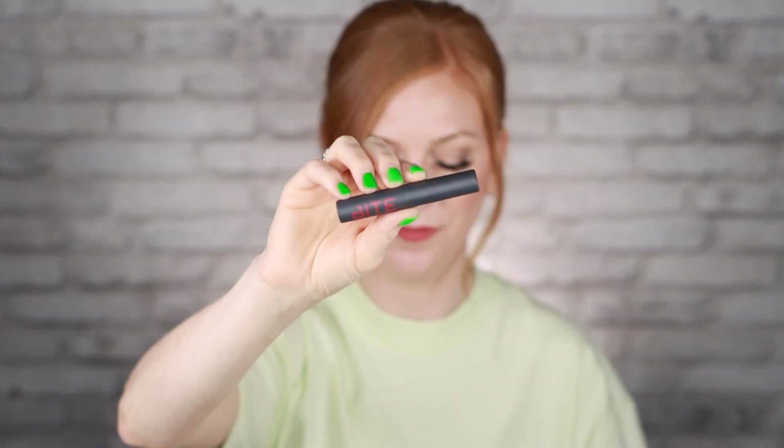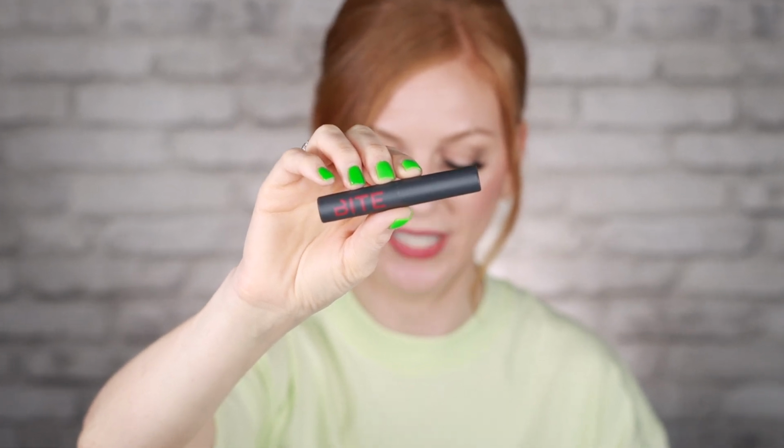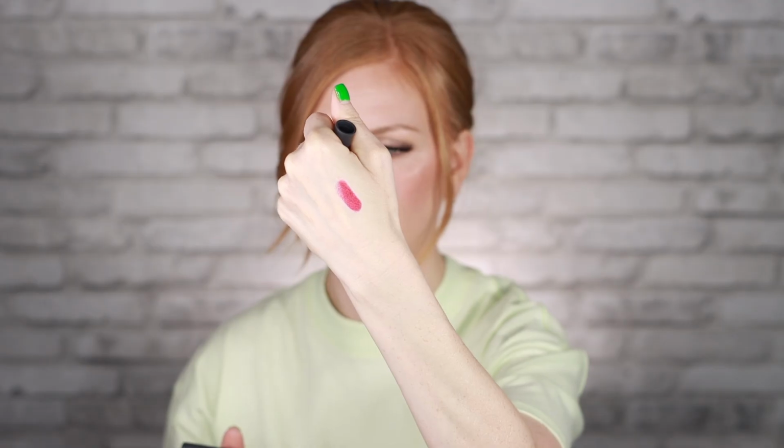So. Next up from Bite Beauty, this is the Outburst Longwear Lip Stain that retails for $27. It's a bold, clean chapstick that's hydrating, long-wearing, and lightweight. Well, this is the color of the lip stain. What I did today is after I lined my lips with that Dominique lip pencil from the other box, I just tapped it on the inside of my lip and a little bit on the top of my lip just to get a hint of color, but not like full blast because I didn't think that this was gonna work